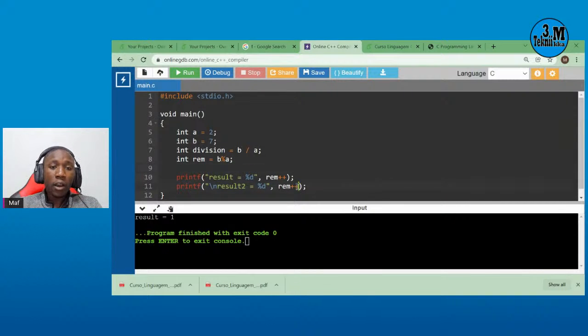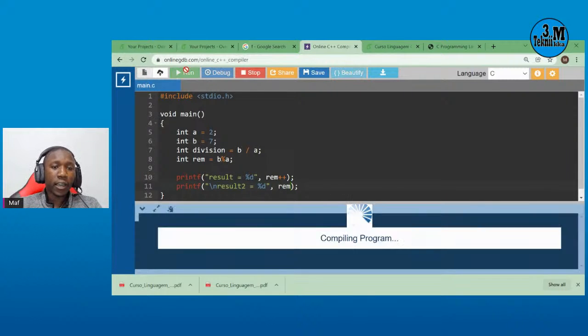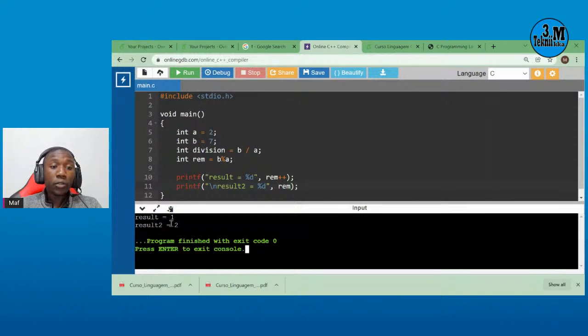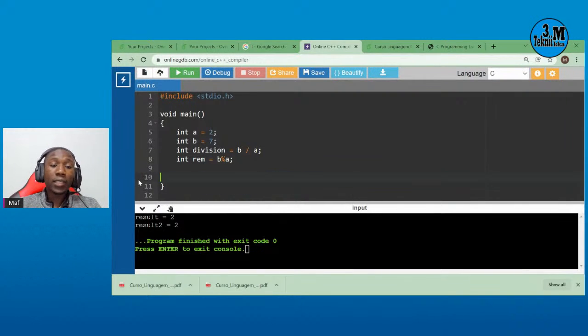Okay, another line. On the next operation, check it out. The result 2 is true because here we performed the increment, but this is a postfix increment. What if the increment was prefix? If the increment were prefix, you'd have 2, because first it's incremented and then the value is used. And here we're not incrementing anymore, we're using the 2. This is the difference: first increment, then use the value. Okay, these are arithmetic